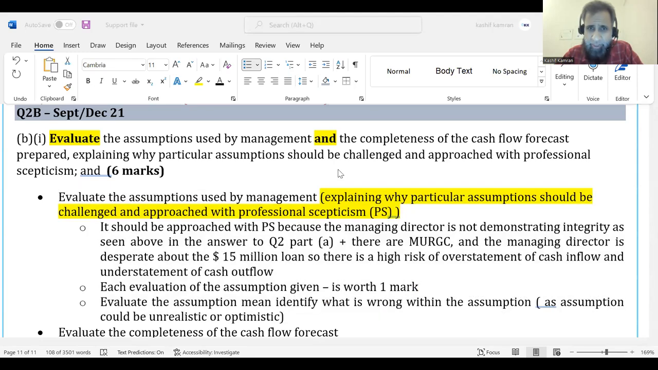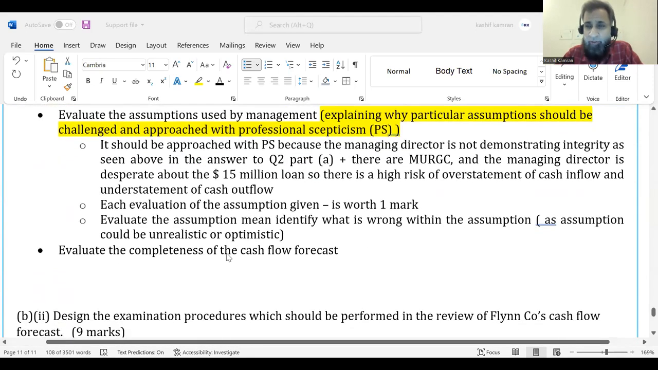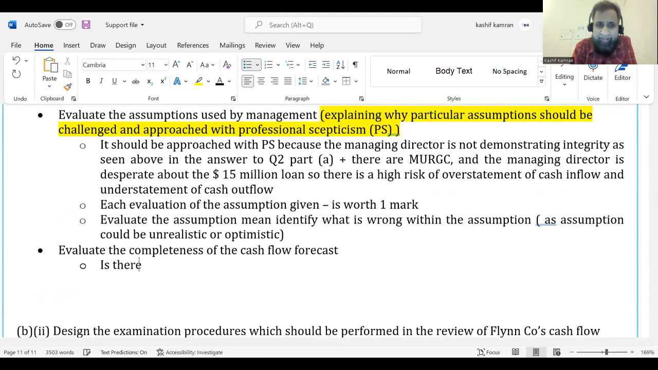Okay, great. Next, the completeness of the cash flow forecast. The examiner wants you to evaluate the completeness of the cash flow forecast. Is there something missing from the cash flow? For example,